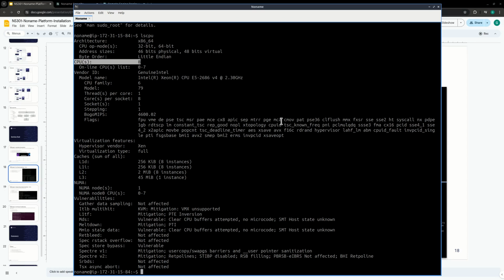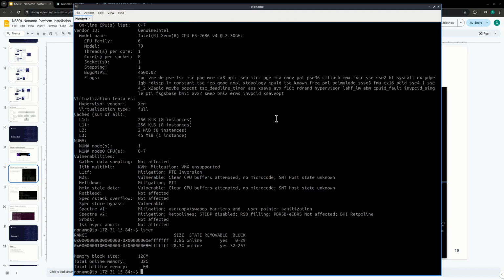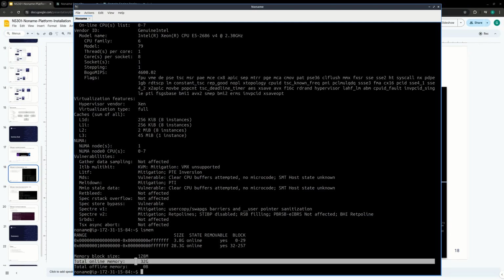The next command is lsmem, enter. 32 gigs of RAM. And the last thing I would like to do on this end is make sure that our hard disk is of the right size. To do that, df -h,